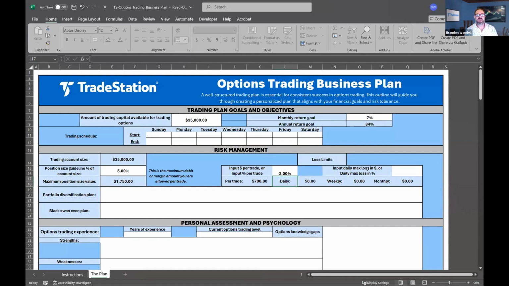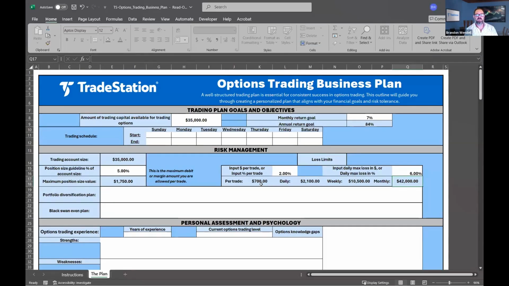And then the next one is, how much are you willing to lose per day? Remember, we may have multiple positions. So if we don't want to have more than, let's say, a 6% drawdown, we're risking 2% per trade. Obviously, we shouldn't have more than 3 positions open at the same time. And then we can see how quickly that can draw down.